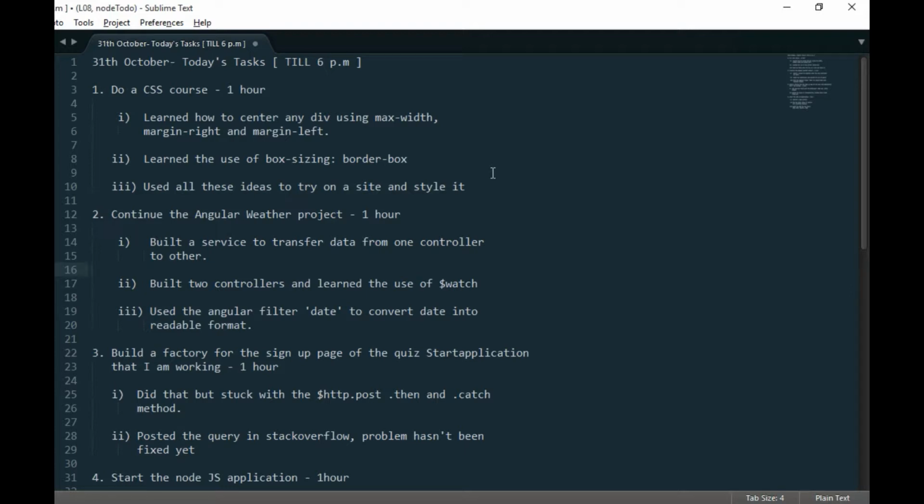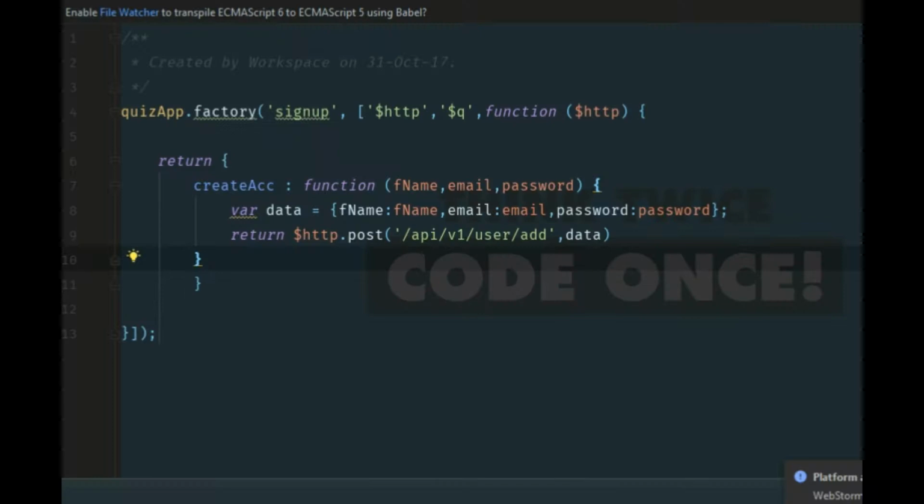The number 3 was to build a factory for the sign up page of the quiz application that I'm working on. I'm building a quiz application on Node, CSS, and there for the client side I built a factory, and the factory also worked,